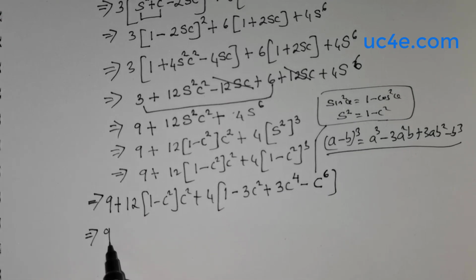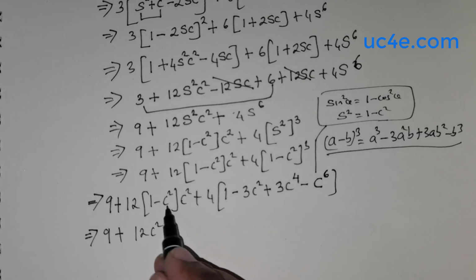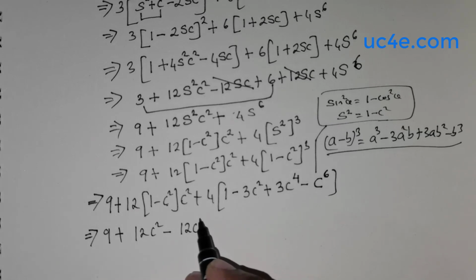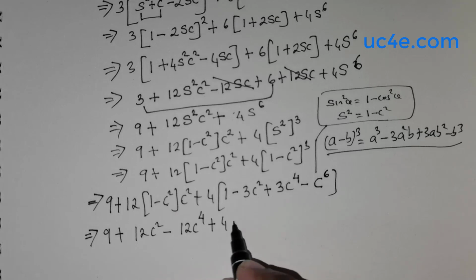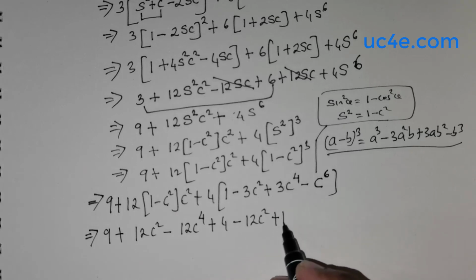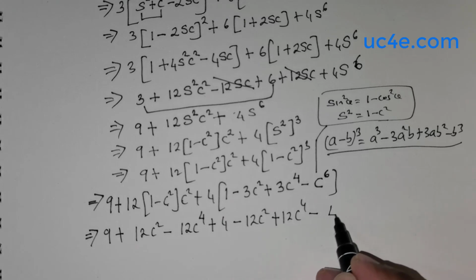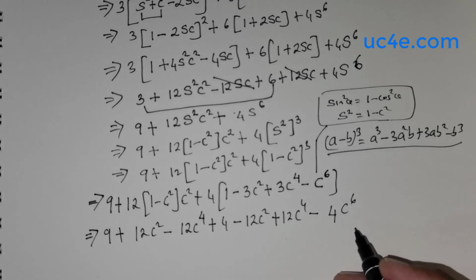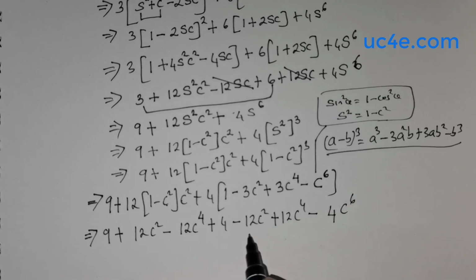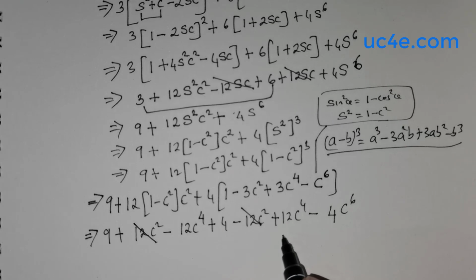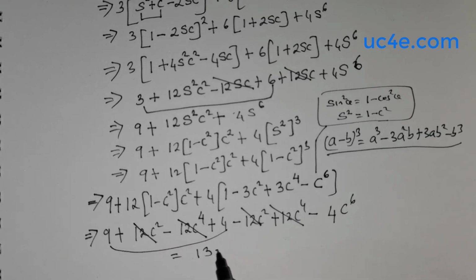distribute the quantity. So this is going to be 9 positive 12 times c squared, and negative 12 times c squared times c squared is going to be 12 times c raised to the power of 4, positive 4, negative 12 times c squared, positive 12 times c raised to the power of 4, negative 4 times c raised to the power of 6. C raised to the power of 6 is there. So negative 12 times c squared, positive 12 times c squared can be cancelled. Negative 12 times c raised to the power of 4 and positive 12 times c raised to the power of 4 can be cancelled. We got 9 added with 4, that is going to be 13, followed by negative 4